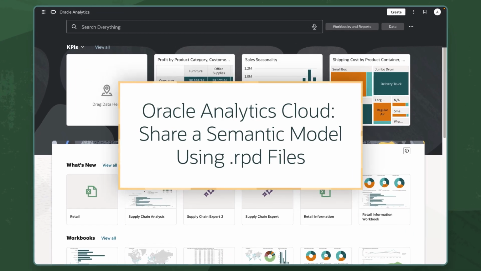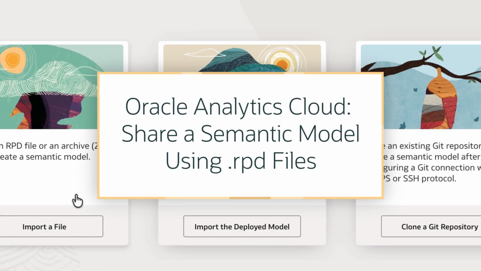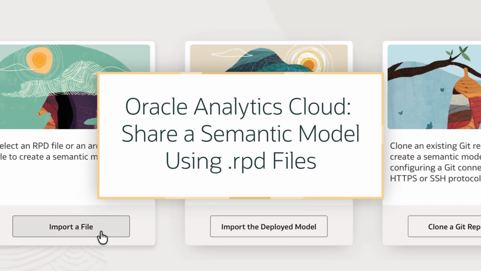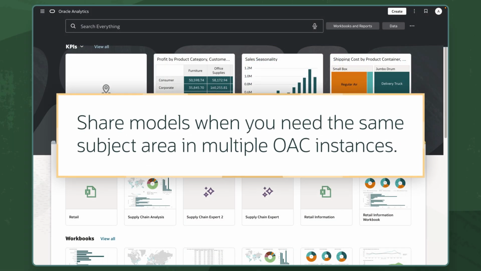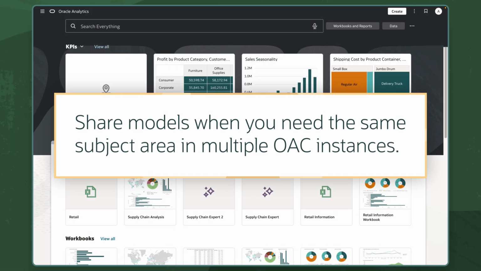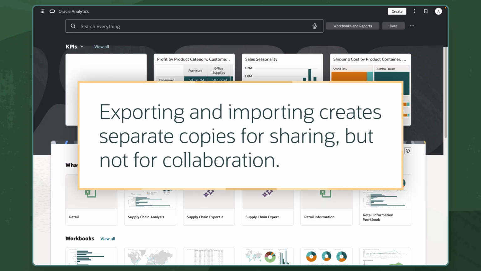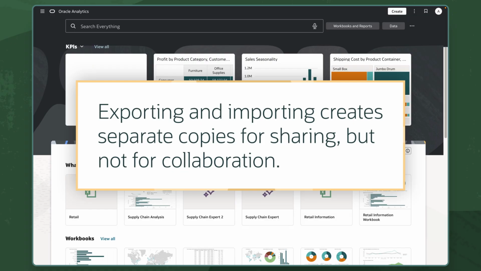In this tutorial, we'll learn how to share a semantic model using RPD files in Oracle Analytics Cloud. Semantic model developers share models when they need the same subject area in multiple OAC instances. Exporting and importing create separate copies, which is useful for sharing but not for collaboration, since changes won't sync between